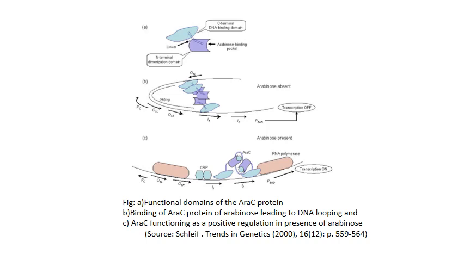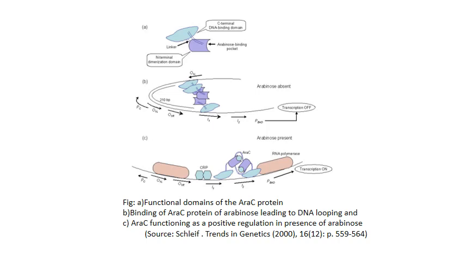Now, the AraC dimer can take up different conformations depending on whether arabinose is bound to it or not. That is, in the absence of arabinose, the linker region is stretched out in such a manner that the two DNA binding domains of the dimer can reach out to two far off half sites, that is O2 and I1. This binding is further facilitated by the looping out of this 210